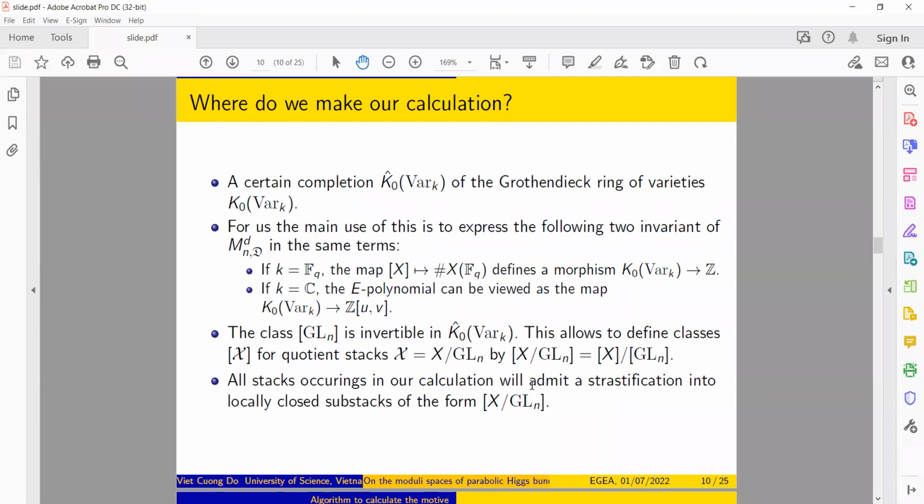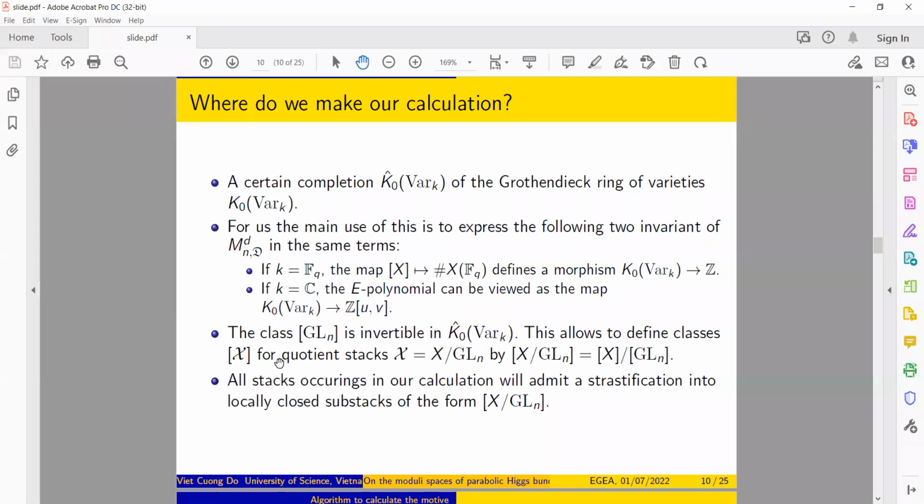In the case the curve is defined over C, I want to know the dimension of the cohomology, so I want to know the Hodge polynomial, and more generally, the E polynomial. And for K a finite field, I want to count the points of the moduli space,